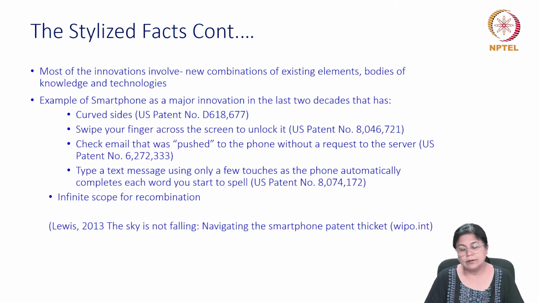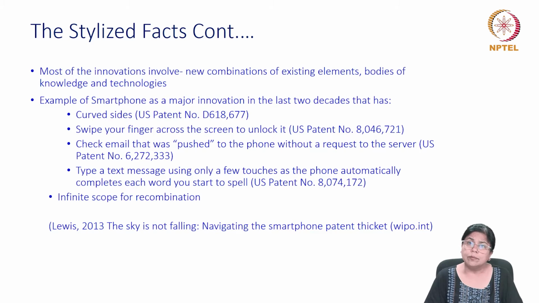So what we find is that a smartphone is essentially a combination of different technologies, whereby an innovative mind has put them together to come up with a particular product which is of immense use to human beings. Now, if an individual invention is possible, every time we think of coming up with something new, will that mean that invention will end at one point of time?